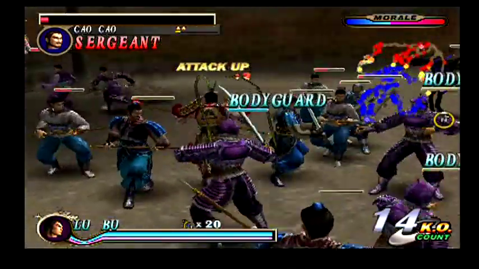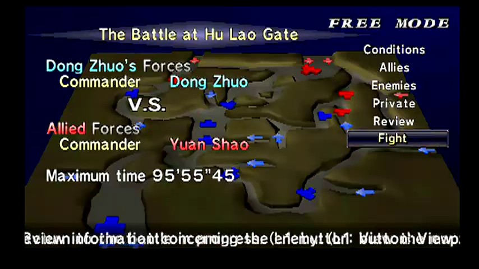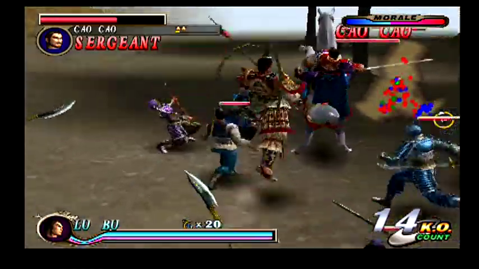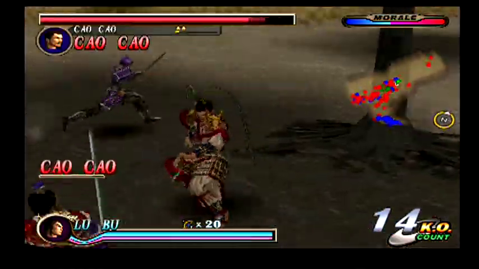So, all right, who's left? We have to get rid of Cao, I believe. He's the last one here, and then we'll move on and go towards anybody else. Did I just say Dian Wei's lieutenant? Who the heck? What? Anyway,